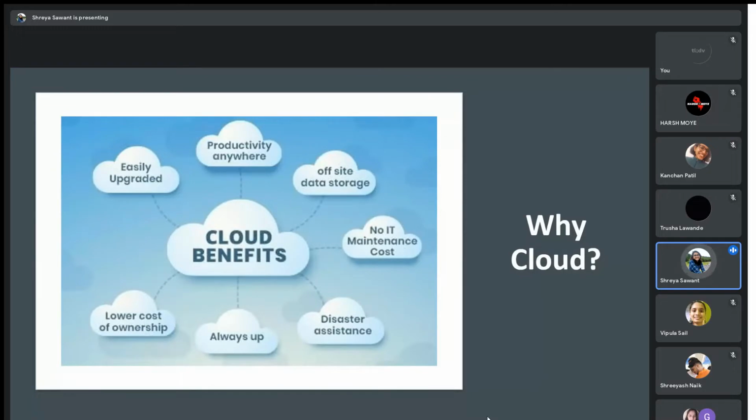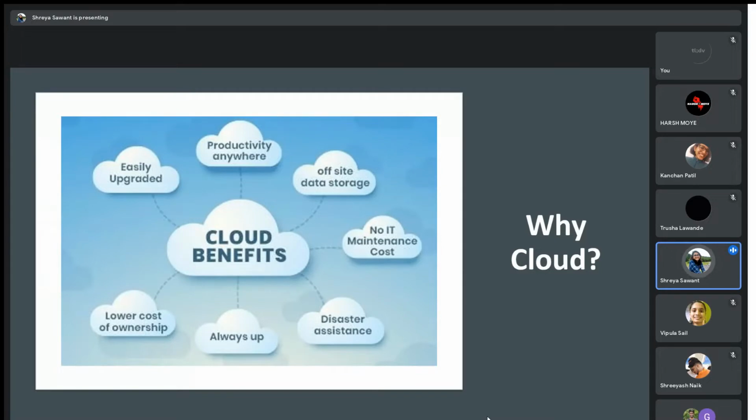So as the definition goes, cloud computing is the on-demand availability of computer system resources, especially data storage and computing power, without direct active management by the user. So in simple terms, under cloud computing, it's like using someone else's computer to do your job, where that someone manages the infrastructure, data storage, and maintenance, etc. Those someones are called cloud service providers.